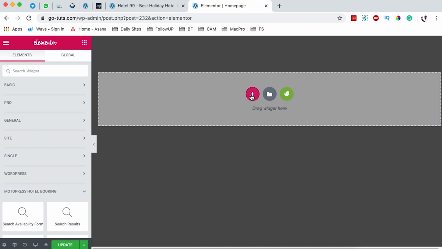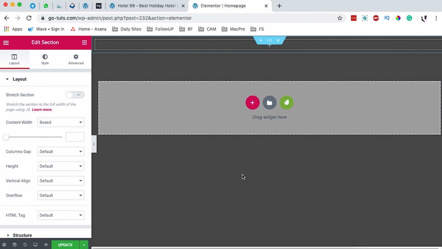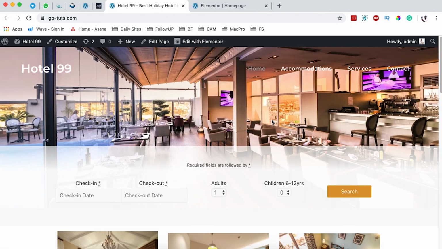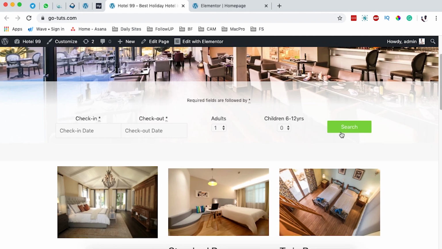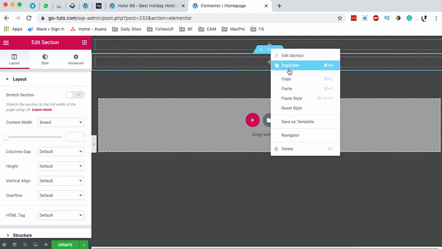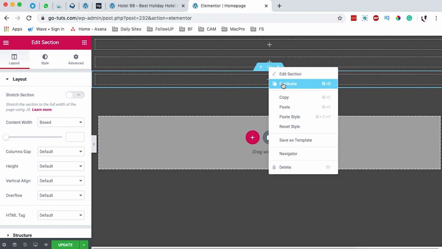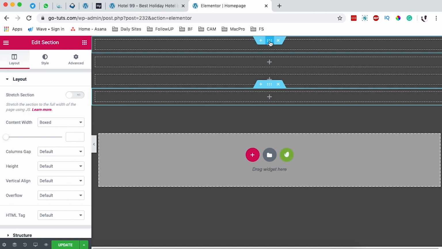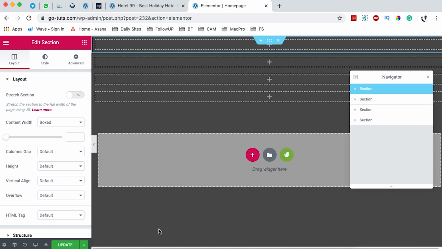Once that is said, what we are going to do at the moment is simply now to create our sections. We are going to have 3 sections for our website. So the first section is going to be the header section, and then we are going to create another section which is going to actually carry our widget, and then we'll also have another section and another section. So let me just duplicate this section and also duplicate this section. So let me just name this first section as a header. Let me grab over my navigator. So I'm going to name this as our header section,